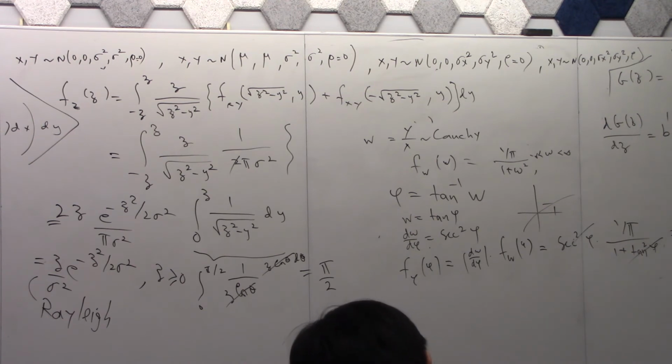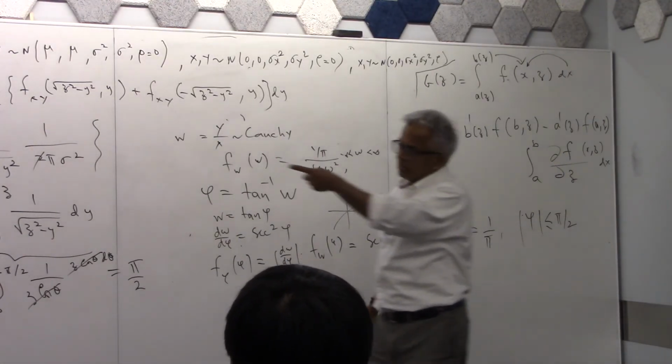So the principal value of tan inverse W is minus pi by 2 to pi by 2. So the phase is uniform. So let me complete this here. The magnitude is Rayleigh,